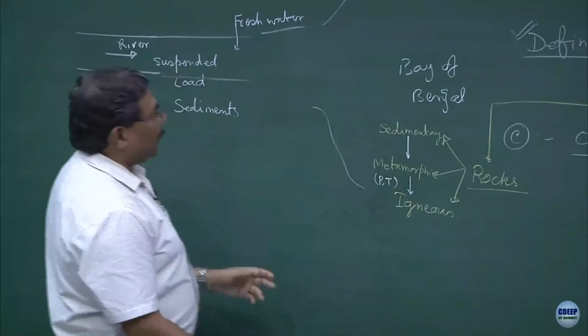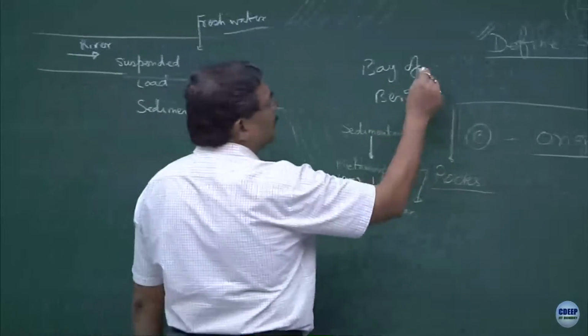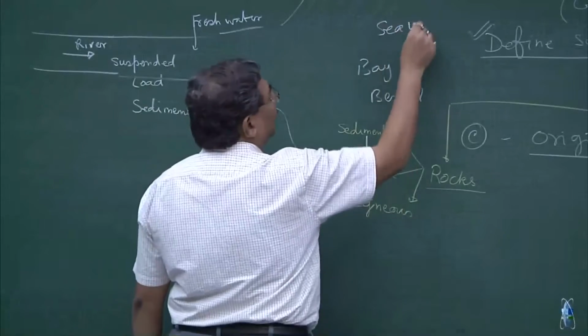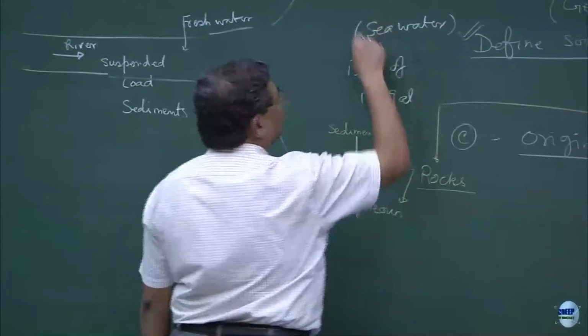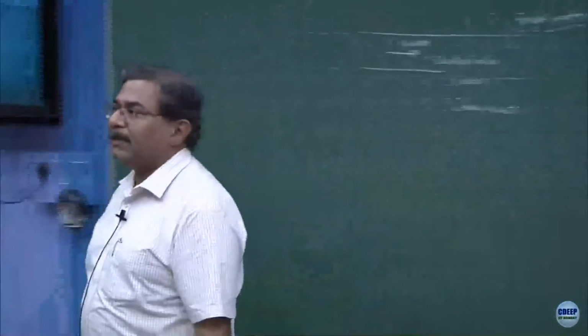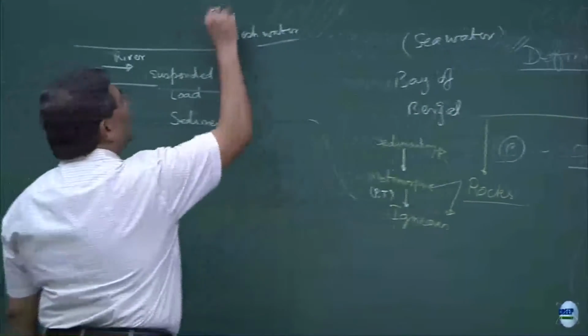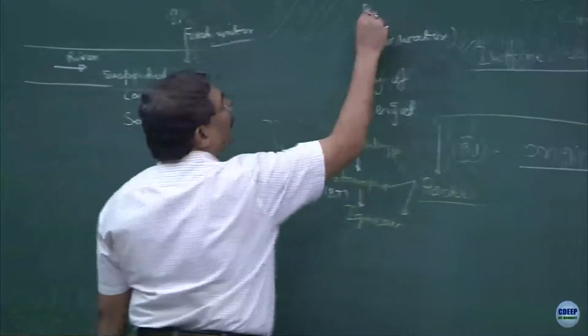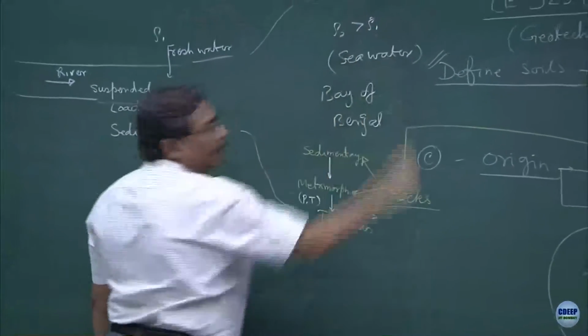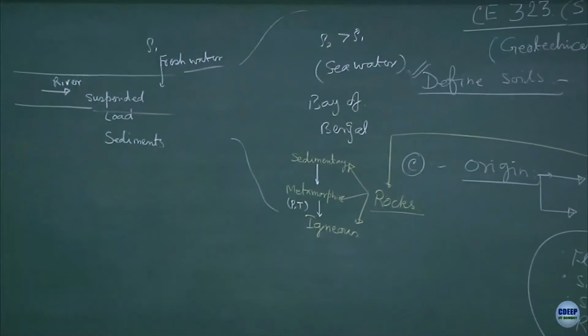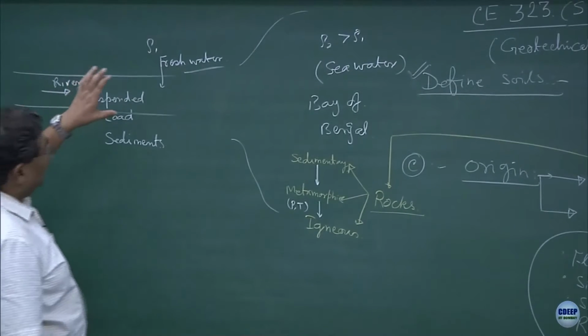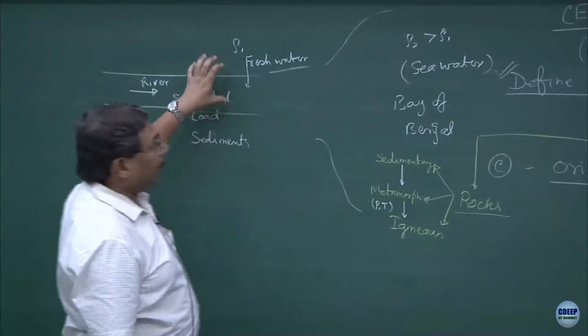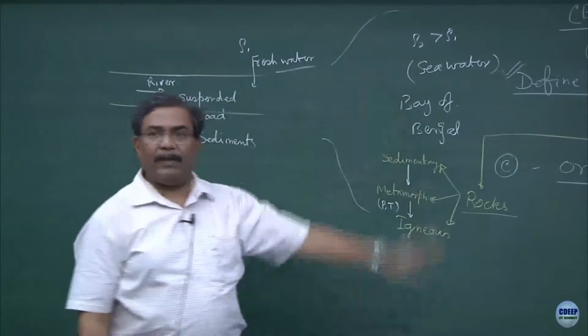Now, what I am going to tell you is, this is typical sea water. What is the emphasis? Why am I saying this is sea water? Salt is fine, density, correct? Density contrast. So, if this was rho 1, this has become rho 2, where rho 2 is greater than rho 1, clear? What is going to happen? A lighter fluid entering into a denser phase. What is going to happen?